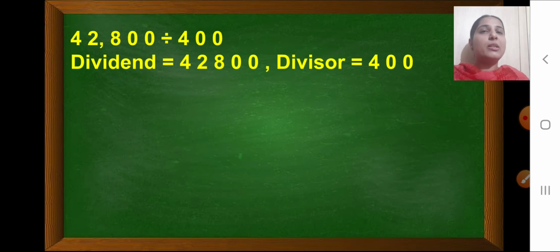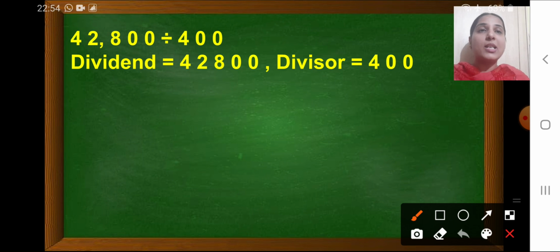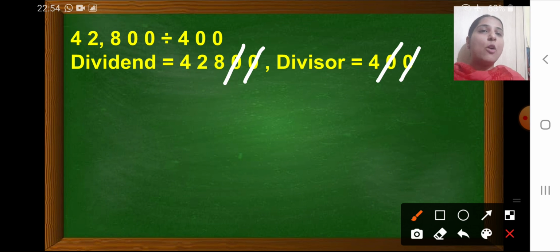42,800 divided by 400. So what is the dividend here? Dividend is 42,800, whereas the divisor is 400. So how many common zeros are there? You can see at the ones place we have zeros in both the dividend and divisor. Then again in the tens place, you can see in the tens place of both the dividend and divisor we have zeros. So we have cancelled the common number of zeros, and now we will divide